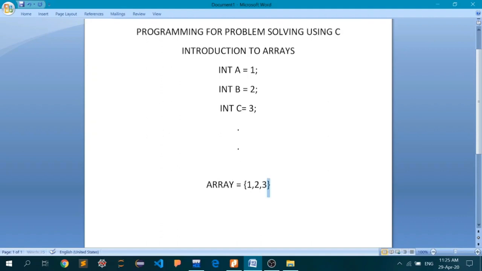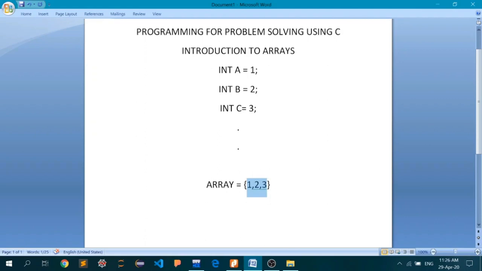This is not an actual C syntax, but it will give you the intuition of what type of data structure I'm talking about. So an array is a kind of data structure which stores similar type of data. As you can see, I have stored three data points, first, second and third, and all of these are of integer type, the same type.